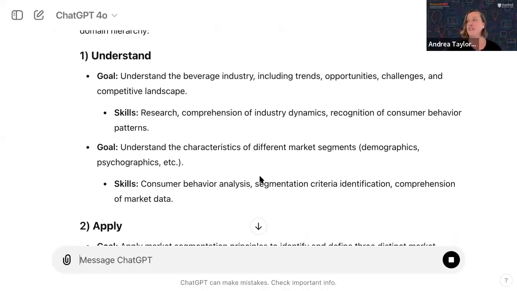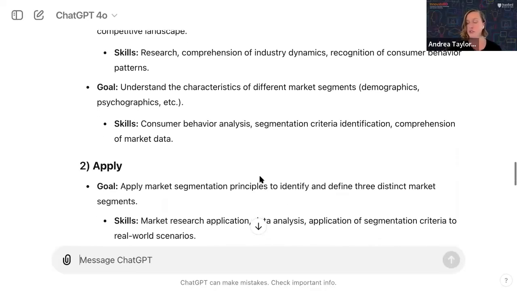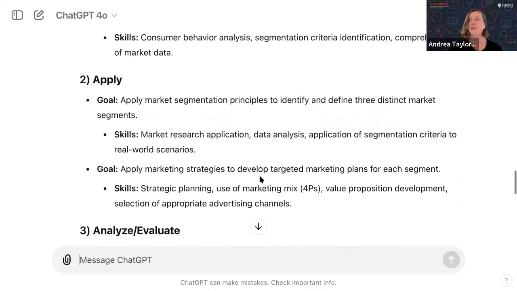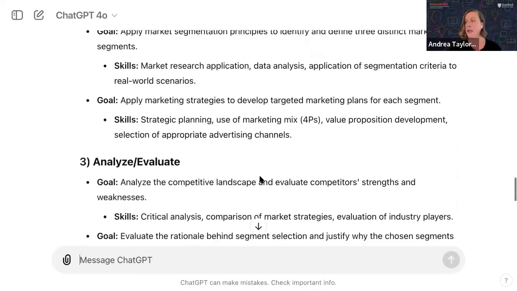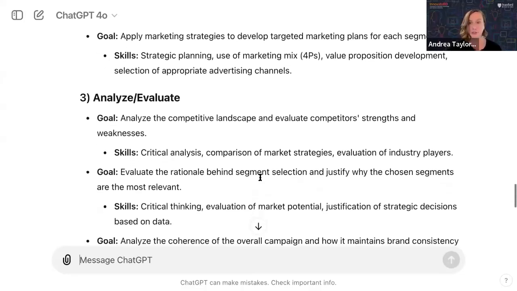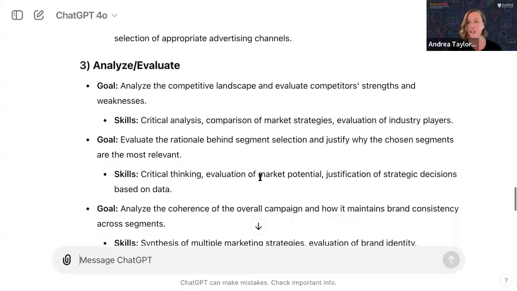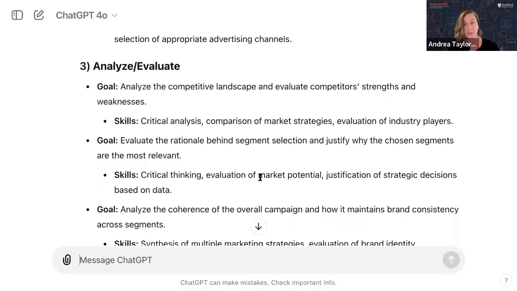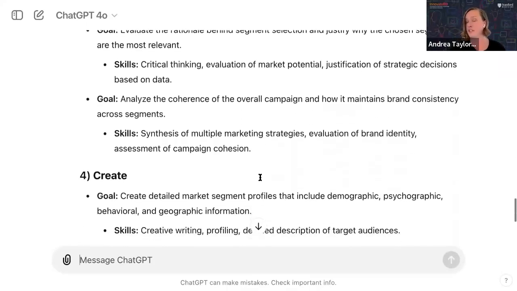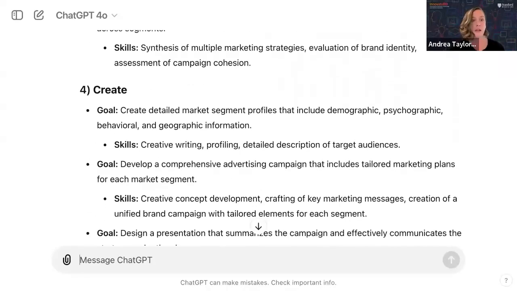So understand, it's given me a couple of goals. I'm not going to read all through these. I just want you to sort of see the breadth of the output it's giving me here. And much like a cooking show, you can imagine that I've already baked a little bit of this. So I'm going to show you the next phase in just a little bit here without having to go through the next step on my own.